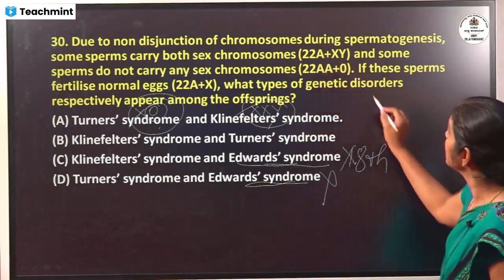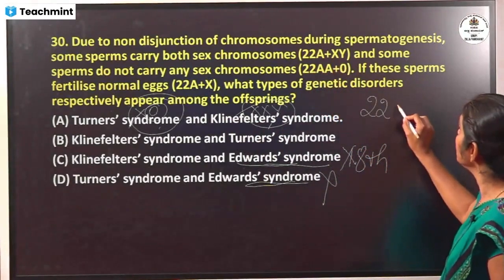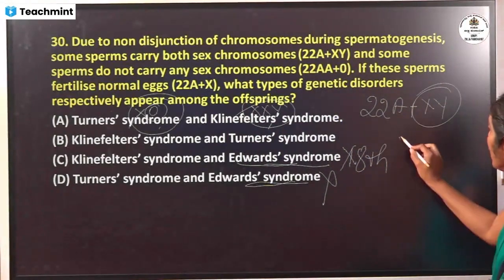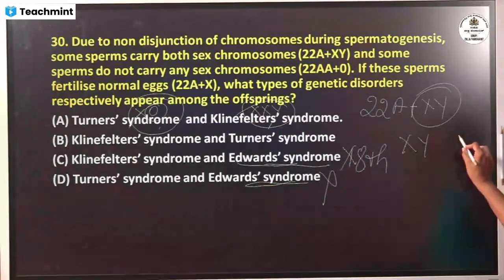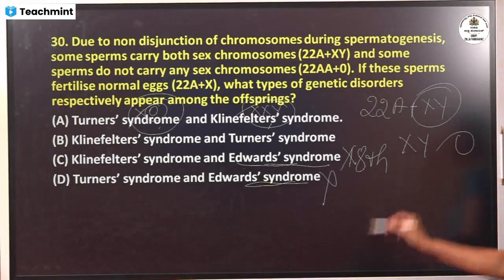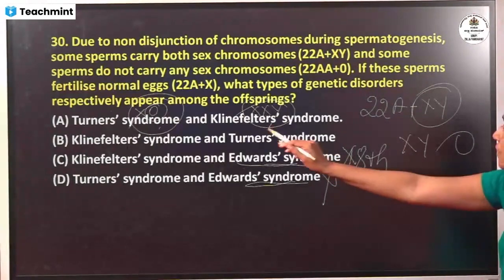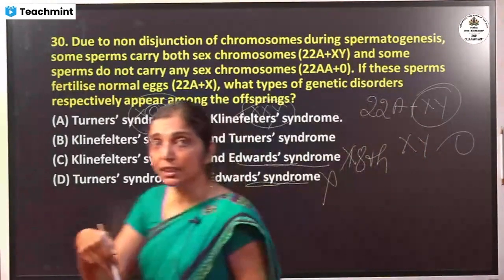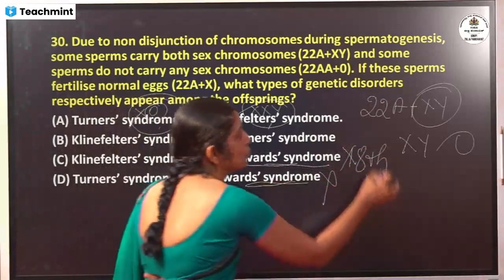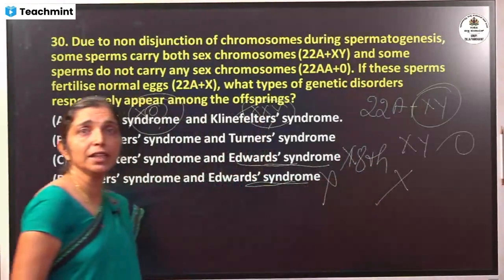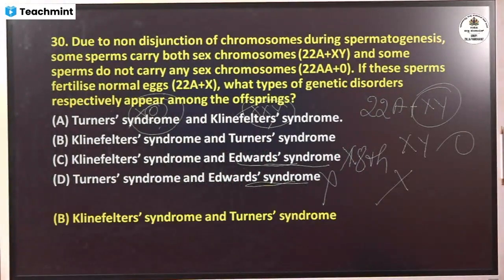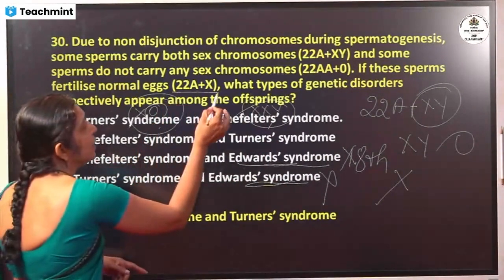22A plus, we'll just concentrate here. We have 22A plus XY. We'll just concentrate on the sex chromosomes. So one has got XY, the other one has got 0, isn't it? So we should get one which does not have a sex chromosome and the other which has a sex chromosome. So this is going and binding with an egg which has an X chromosome. So what are you going to get over here? Definitely it is going to be Klinefelter syndrome and Turner syndrome, because